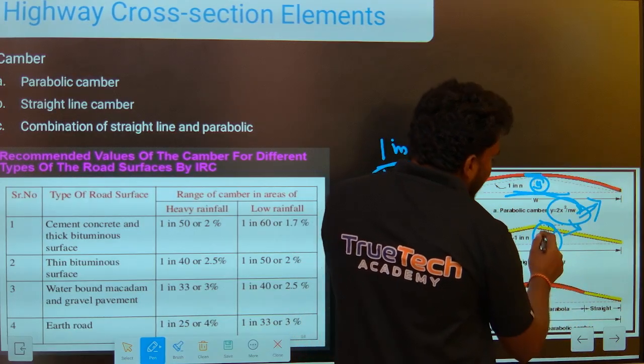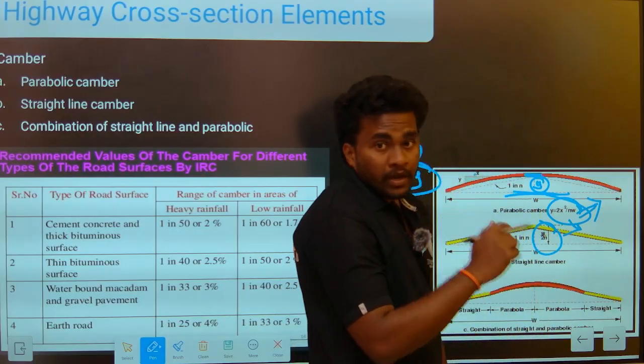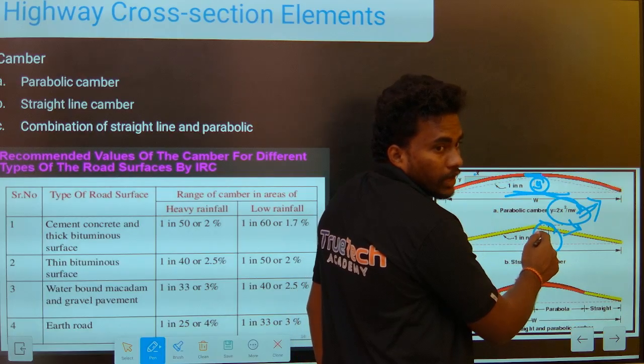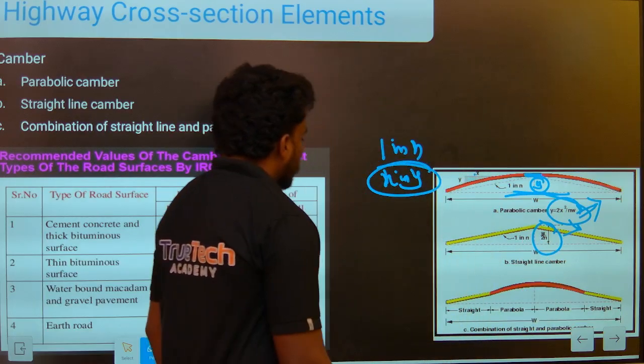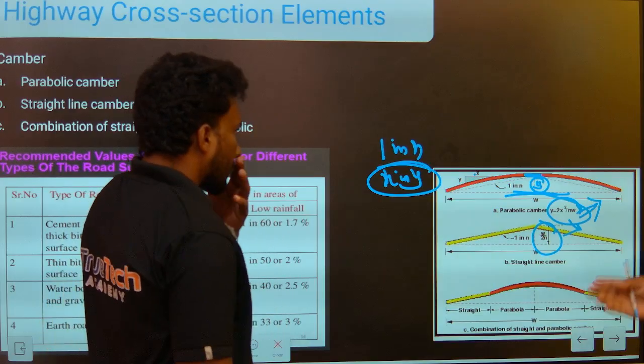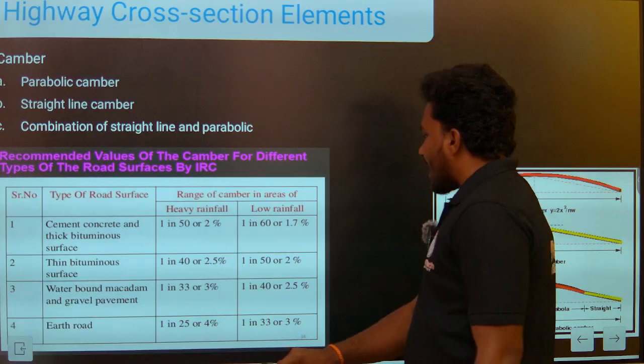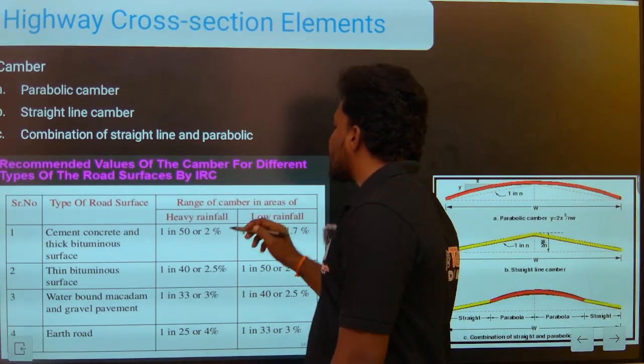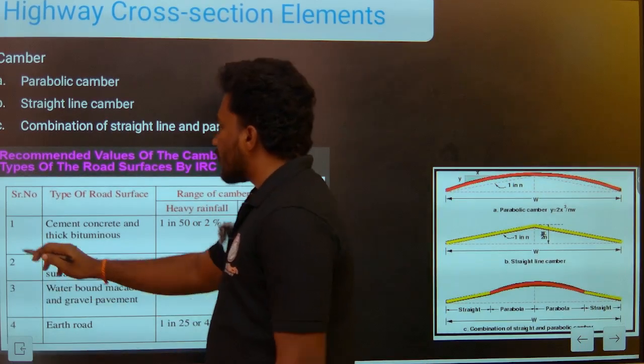And this is the straight line camber, that is w by 2n. The crown distance is w by 2n. And as per IRC, these are the recommended values of the camber. And here also we can see that